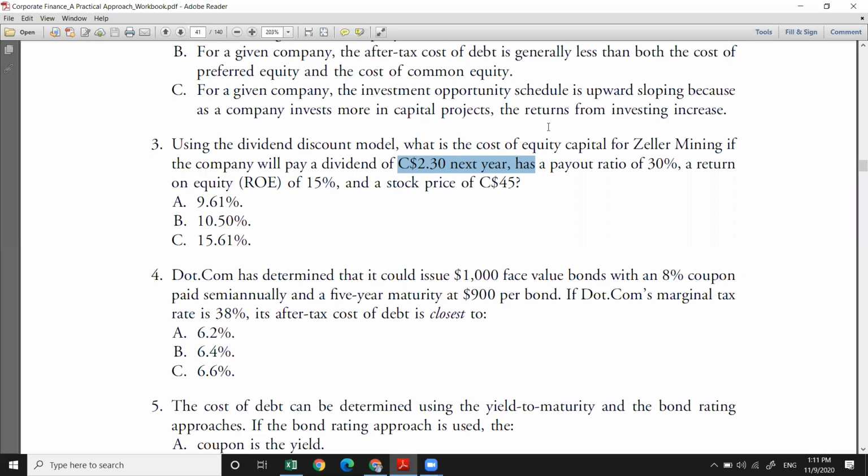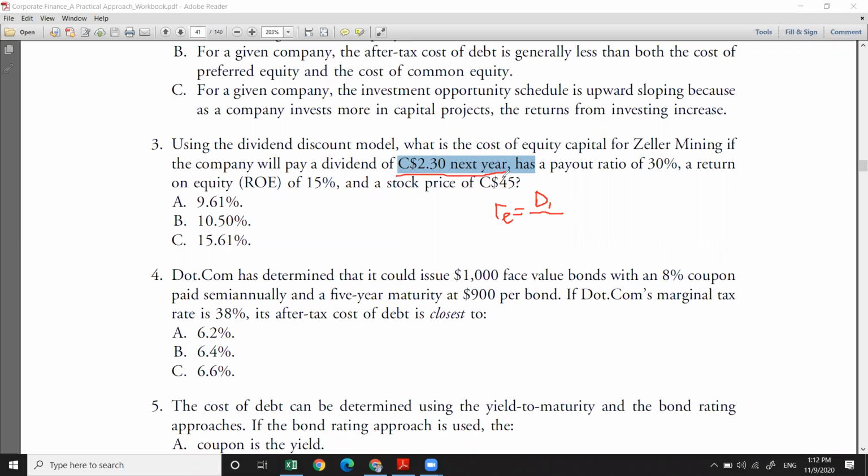So in order to calculate the cost of equity, first of all, you need to know the formulas that you are given, okay? We know the formulas are here from the book: cost of equity is equal to dividend 1. This is the key point that you should be paying attention to, okay? You should be very careful. This is D1 that I'm talking about, okay? D1. If it's just paid here,